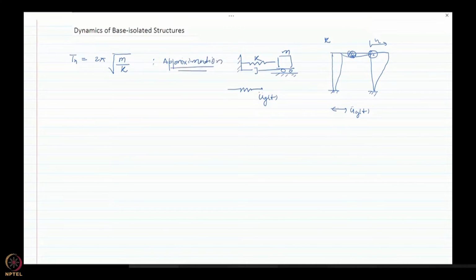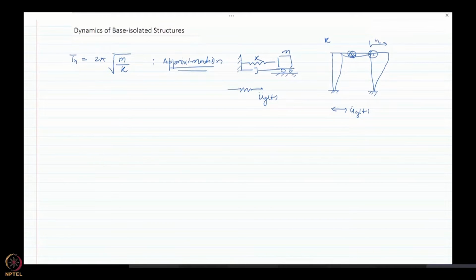And like any approximation or assumption, it is valid for certain cases. This works out to be good for a base isolated structure because of the nature, or the relative flexibility, of the isolation layer. It would not be valid for any other type of structure unless you have